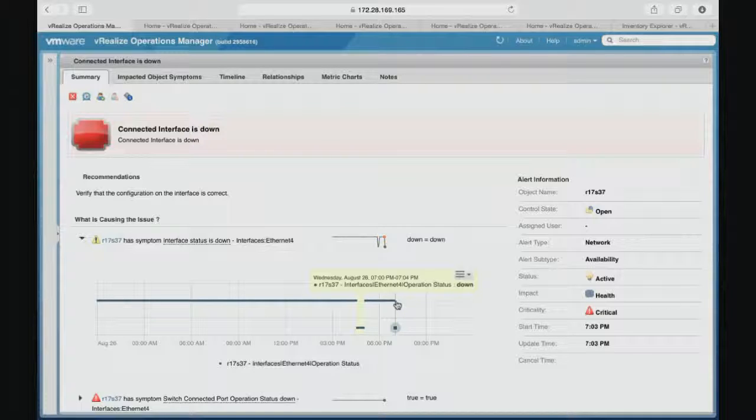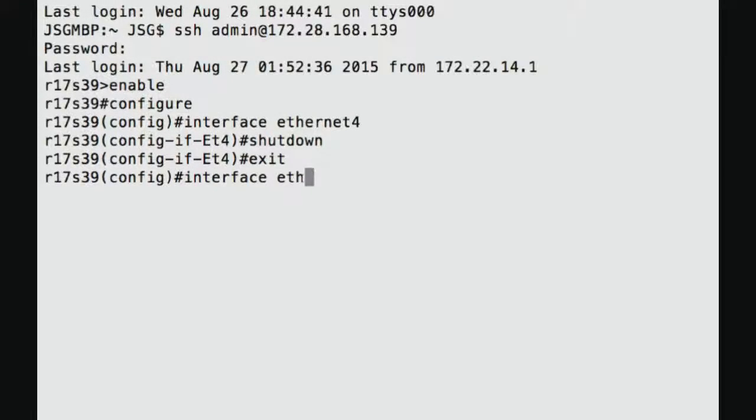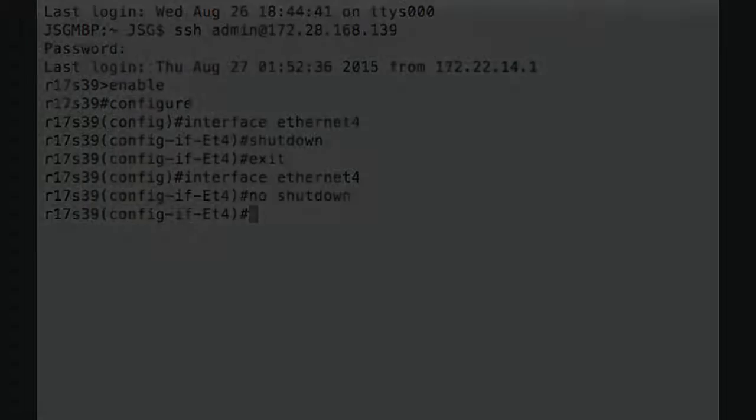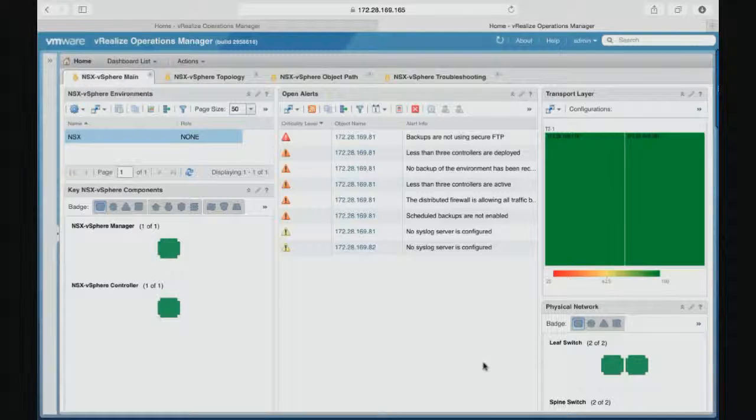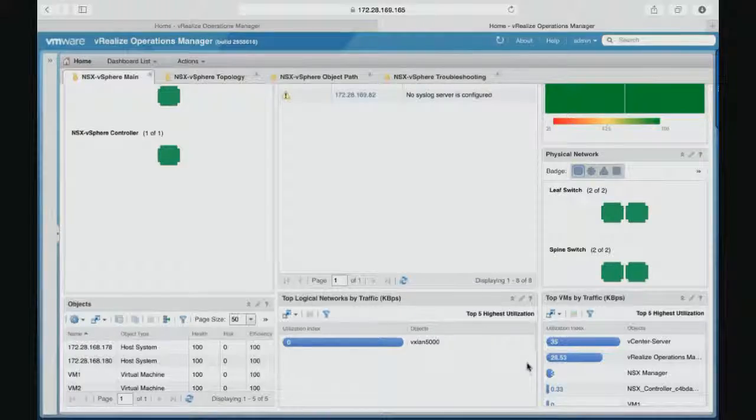Now to show what it looks like when you resolve the issue, we go back to the switch and re-enable the interface. Of course, it was supposed to be enabled all along. Then back to vRealize Operations Manager, where you'll see the link status indication change, and the top-of-rack switch is now green once again. If we go back to the trace flow diagram, you'll see once again that we have